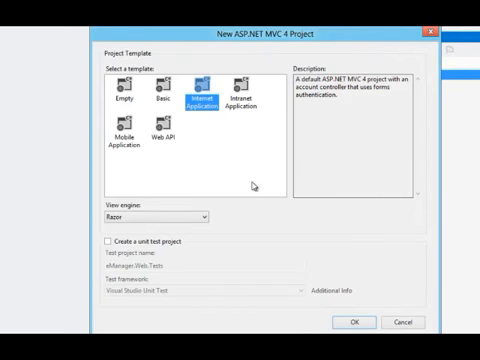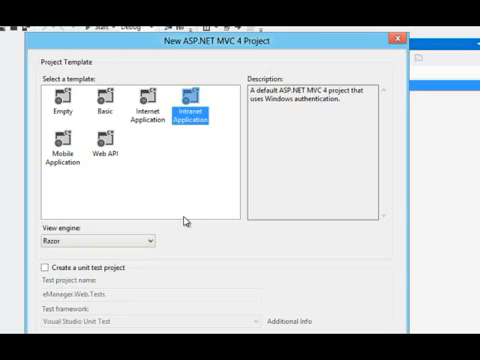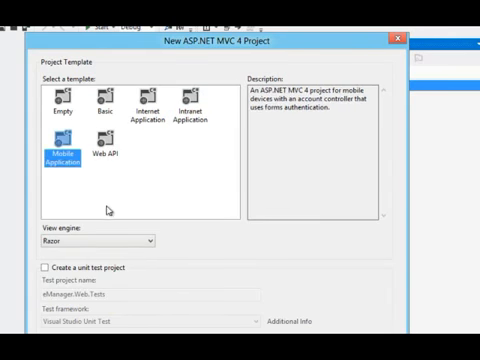An Internet application assumes you're going to publish this somewhere on the Internet. The intranet application offers many of the same features as the Internet application, but intranet assumes you're inside of a firewall, you have Active Directory available, and your users will primarily come into your application as authenticated Windows users. There's also the mobile application project template, which we'll talk about in the mobile module of this course, and the web API template, which we can talk about in the web API module. So I will create Internet application